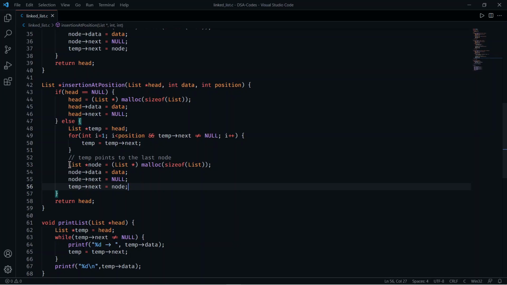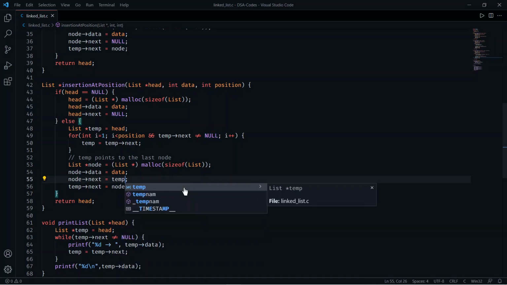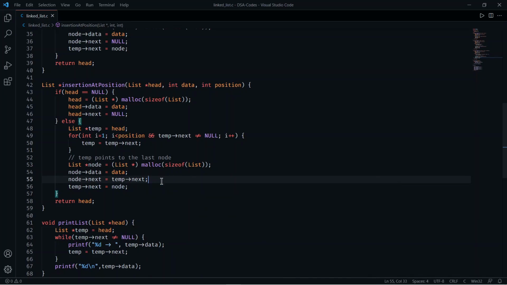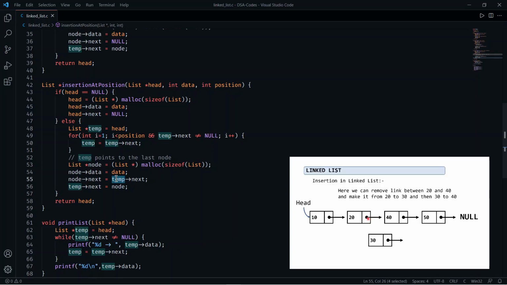So this is the node we are creating, then here is the data we are adding, and here we don't have to make the next pointer null. Why? Because we have to make this next pointer temp arrow next. Why temp arrow next? Because temp is the pointer where we are, and we have to insert data after this temp.